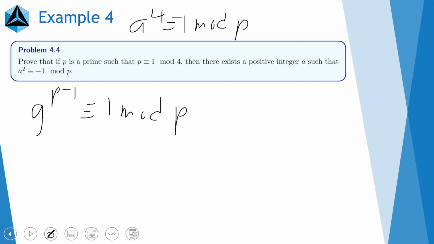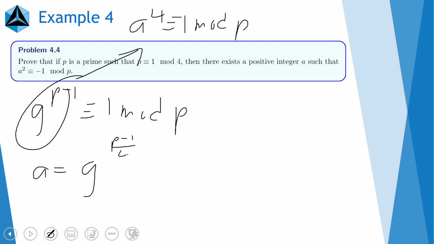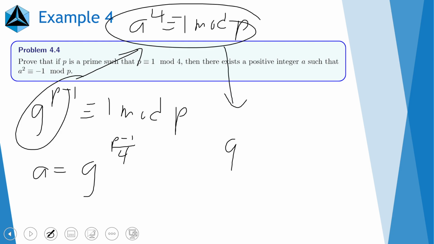This becomes interesting because we could try to plug this in directly. By plugging in a equal to g to the power of p minus 1 all over 4, we get g to the p minus 1 over 4, to the 4th power, is congruent to 1 mod p,